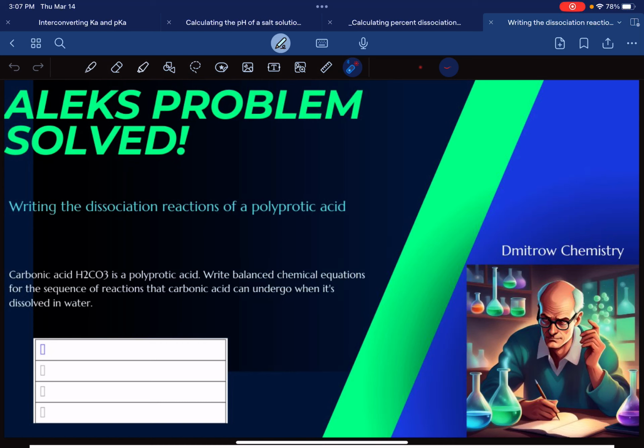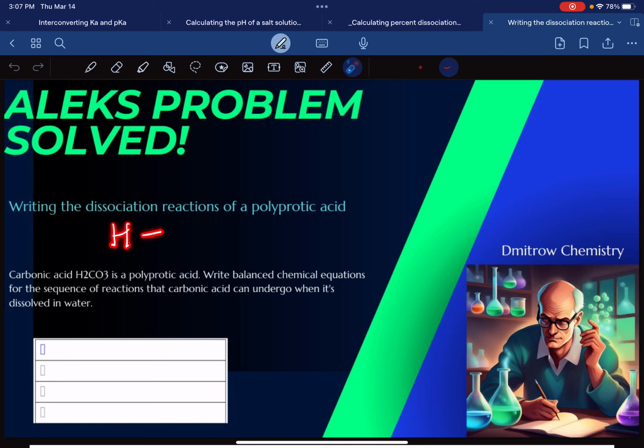So all a polyprotic acid is something that has multiple H pluses on the front of it. And so if you take a look at H2CO3, it clearly has two of these H pluses. And when they dissociate, remember, dissociate is just a fancy way of saying leaves. So if you have two hydrogens in the front, that means that the hydrogens are going to leave one at